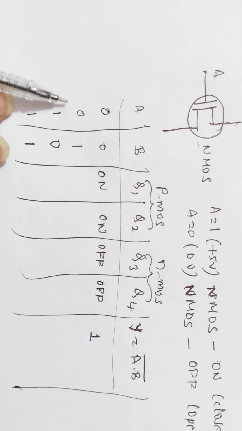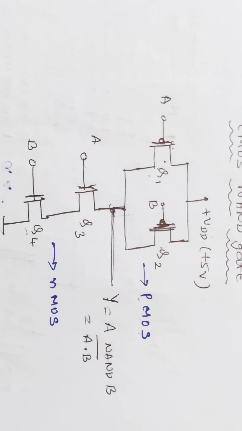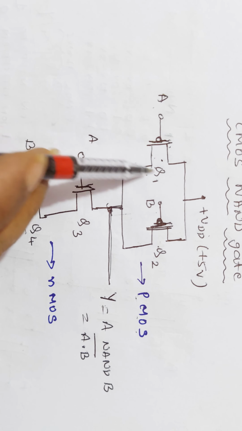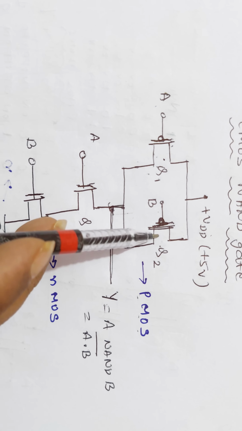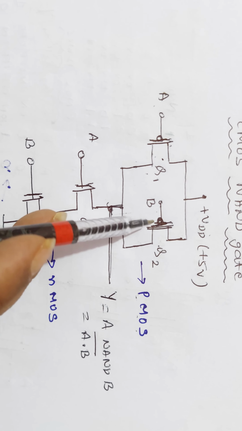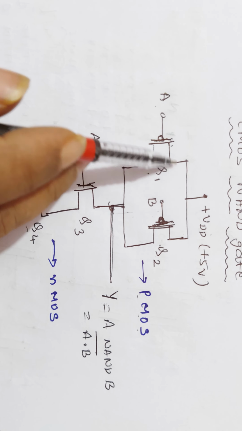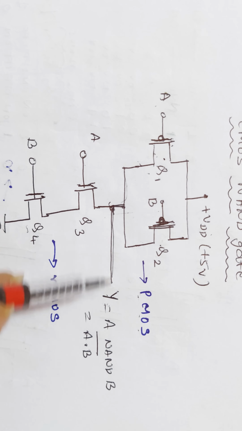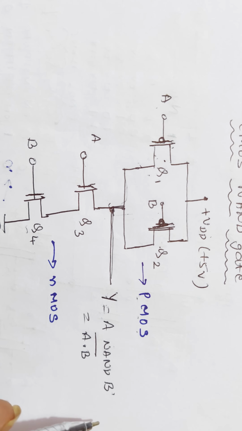When input A equals 0, B equals 1. When input A equals 0, it acts as a closed switch because it's a PMOS. When B is 1, it acts as an open switch. Even though this is an open switch, this circuit is closed at this point because it is on, and the current can flow through this closed path to Y. Y goes high, and Y is a logic 1.